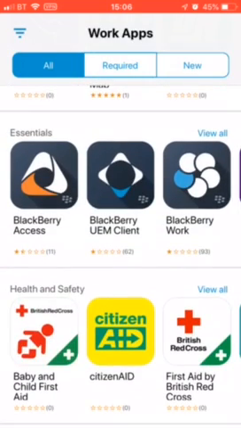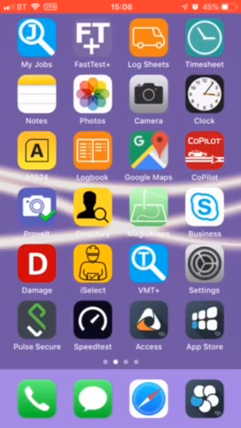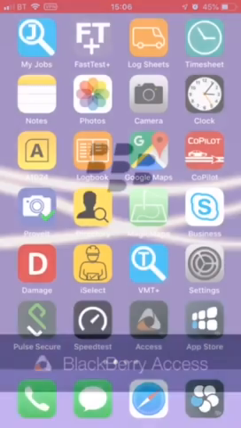Now, to use BlackBerry Access, you do require BlackBerry UEM to be up and running on your iPhone. So if you do have any issues with this, you may need to contact laptop support. So we'll get started by clicking on BlackBerry Access. At the top of the screen, enter the following URL: